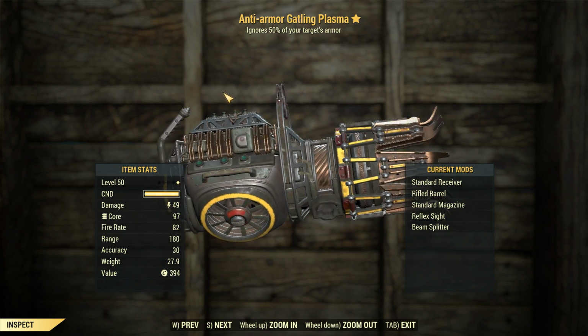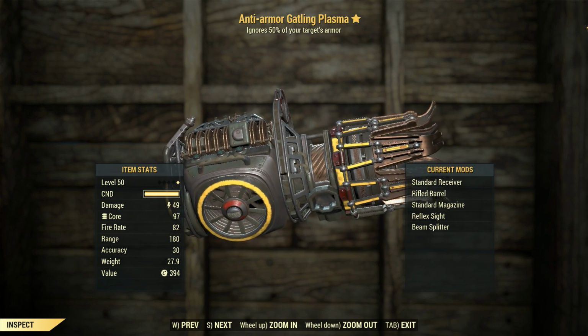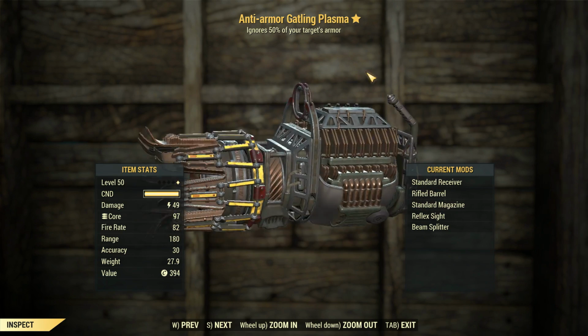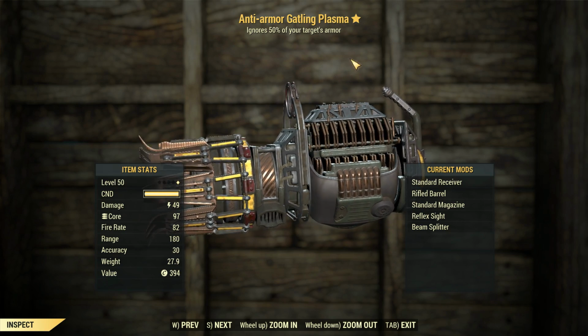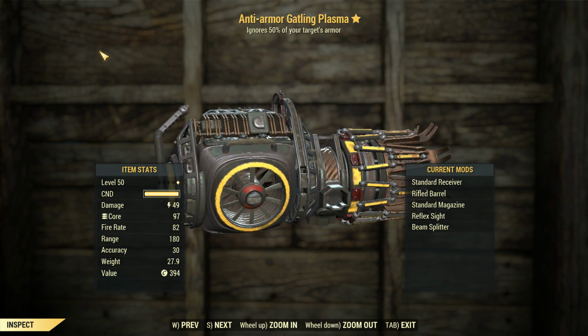G'day, this is Captain Noob, and this is an anti-armor Gatling plasma. Now, I've had the Gatling plasma on the channel before in the form of a Furious one, which I found to be okay. Had its problems, but generally a pretty good weapon. And I feel like the anti-armor one is going to be a little bit better just off the bat